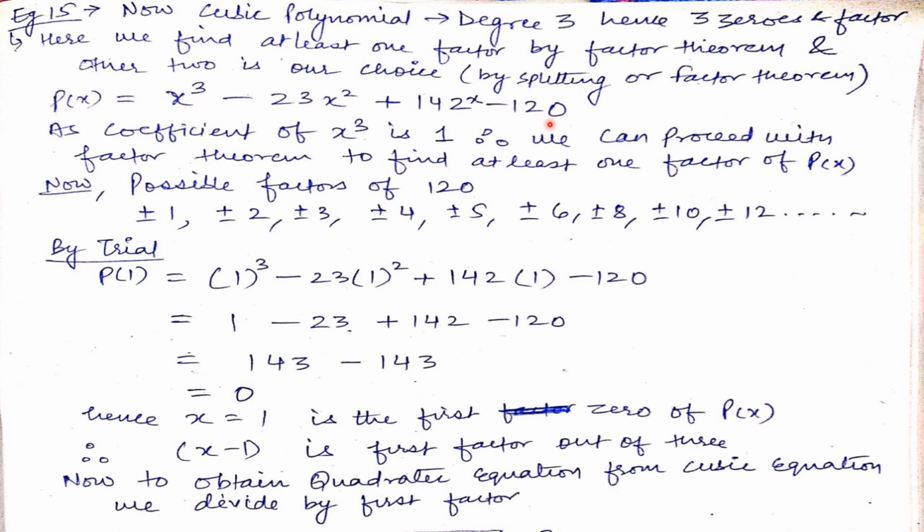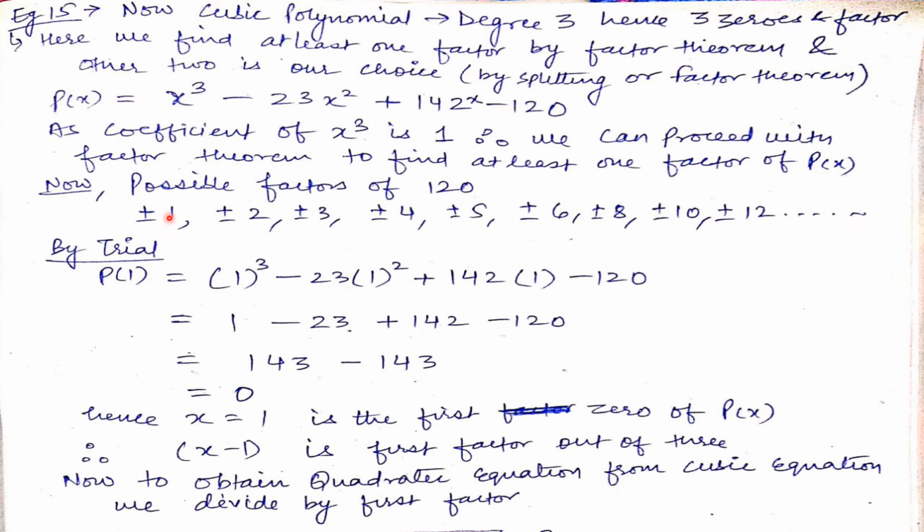Now, first we will write all the possible factors of 120. So that is plus minus 1, plus minus 2, plus minus 3, and so on. It will go till plus minus 60. But I stopped here and I showed with these dots because I know somewhere in these values I will get my 10 easily. Okay, you can write further also if you want, it depends on you.